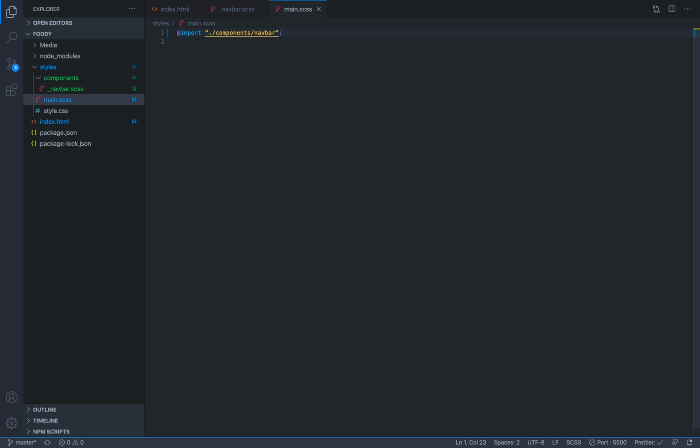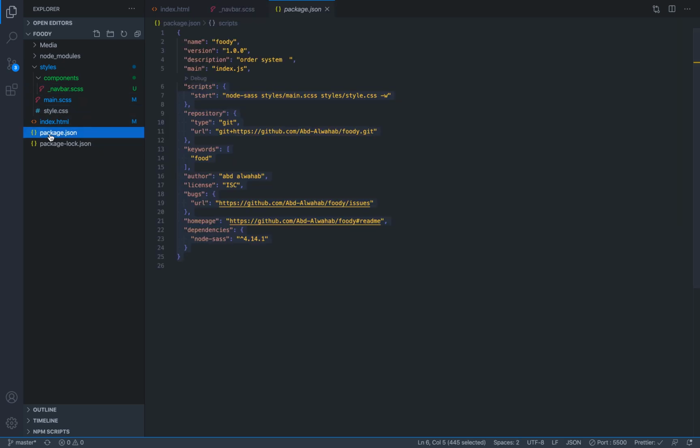So with that being said, now anything that we write in our navbar file should be executed on our HTML file through this pipeline from the main Sass to our CSS file and so on. But in order for us to do so, we have to execute a command. And if you open your package.json, you'll see in our scripts area, I have added this start command. Essentially, it will start the Sass compiler to watch any changes in our Sass files, and it will execute it in our CSS file and so on. So this is just a basic